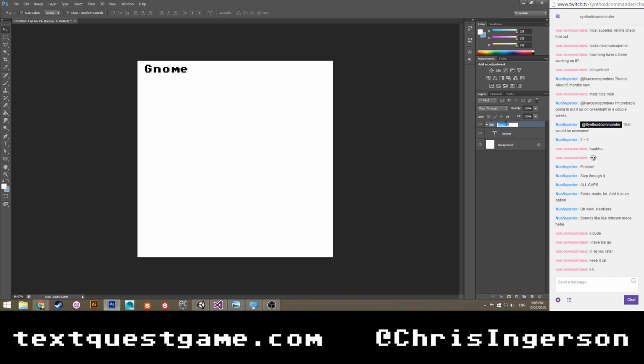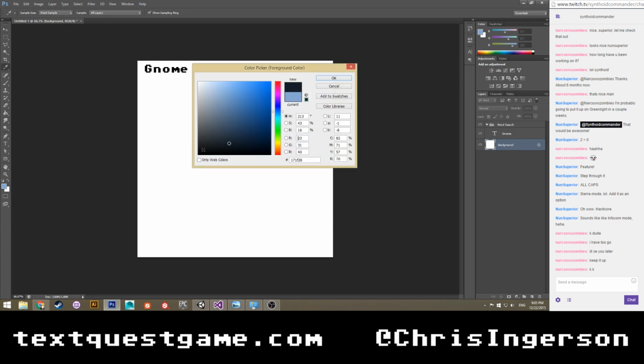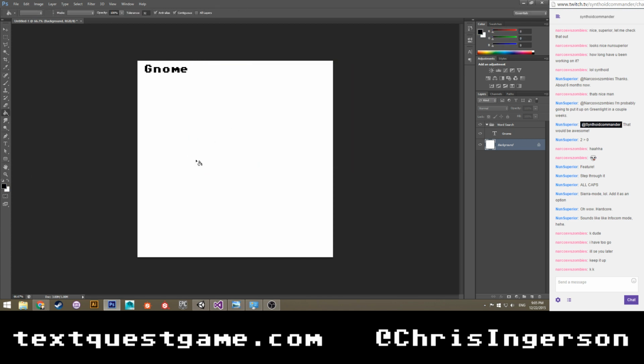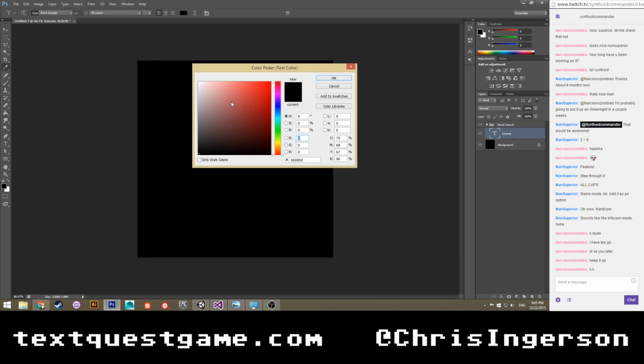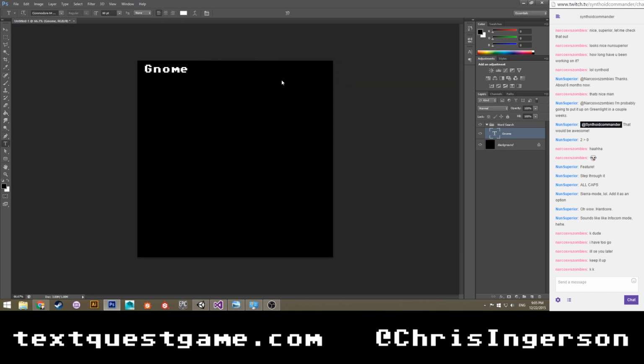So this could be a word search. Change my background color to be black, and get our text color to be white. I prefer white text on black backgrounds as opposed to black text on white backgrounds. It's easier to read, I think.